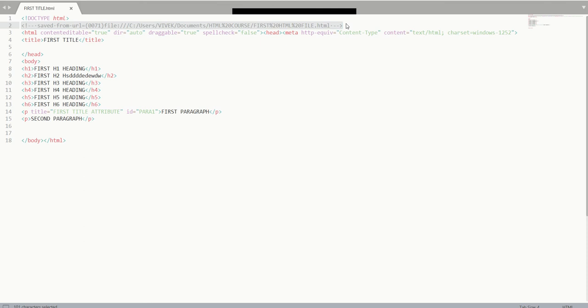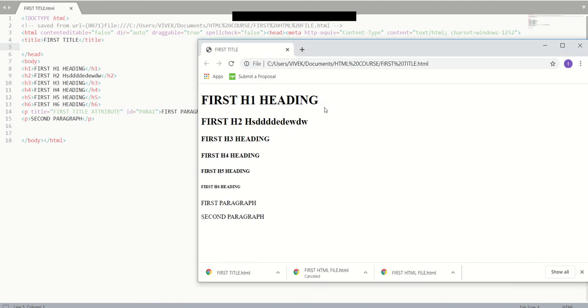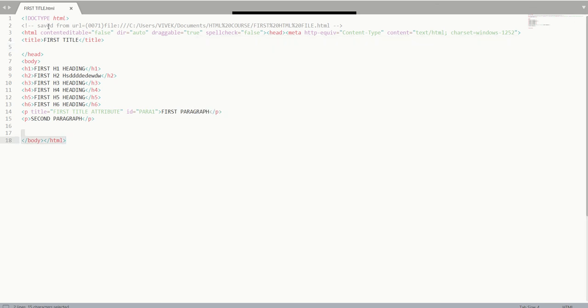So you'll know this file is being last saved through URLs through my web file. Now I can also make it false if I want it not to be saved through my web page. So now you will not be able to edit it. See, I'm not getting an option. I'm clicking it, I'm not getting an option to edit it. So that's about content narrative.